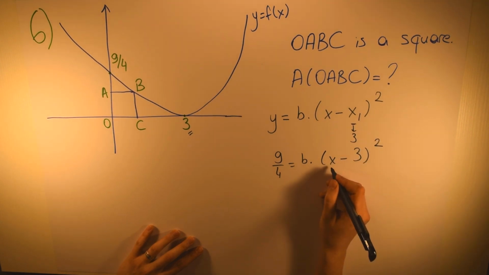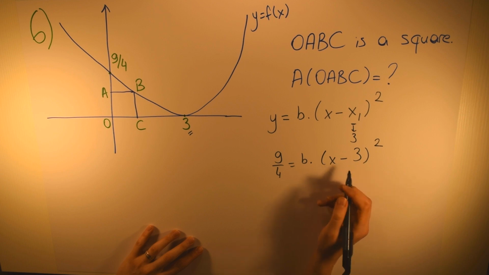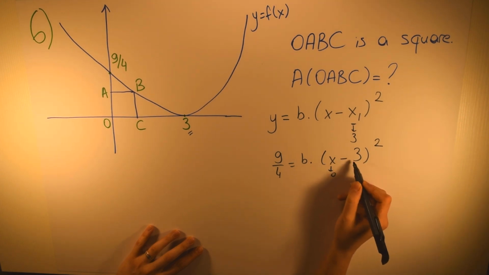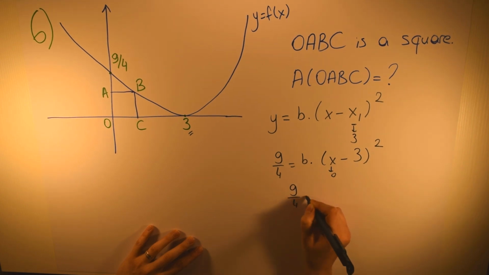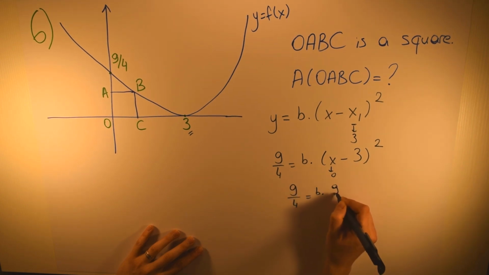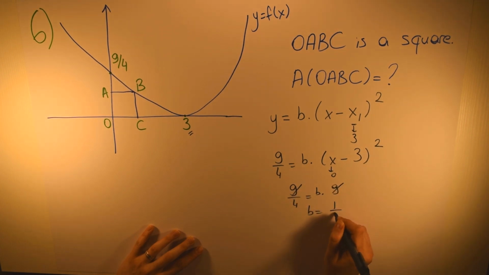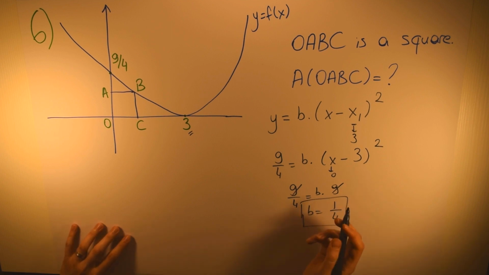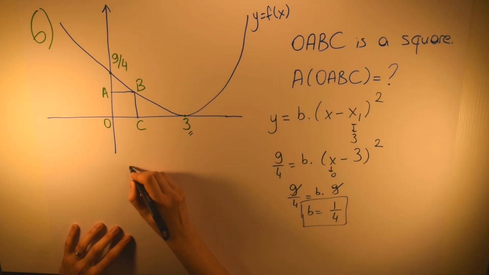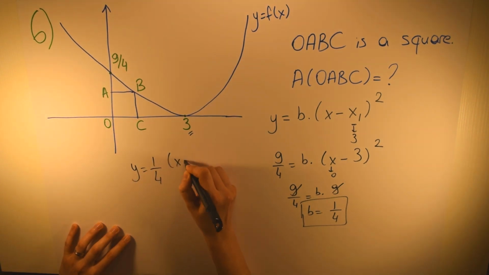So when I put 0 instead of x, I should get 9 over 4. So let's do that. When I put 0 instead of x, this is (minus 3) squared, it is 9. So from here 9 over 4 is equal to b times 9. So from here we found b as 1 over 4. Okay, so this is the value of b. After that we can write our equation, which is y is equal to 1 over 4 times